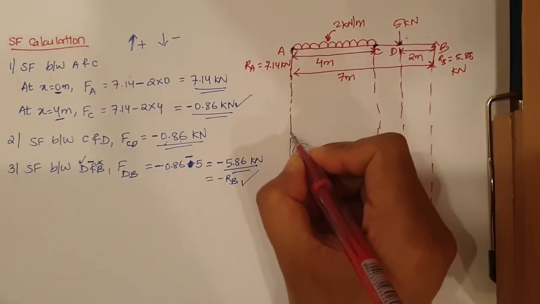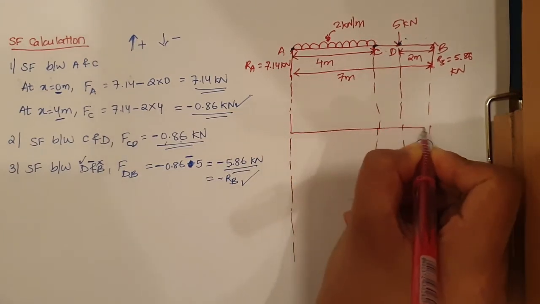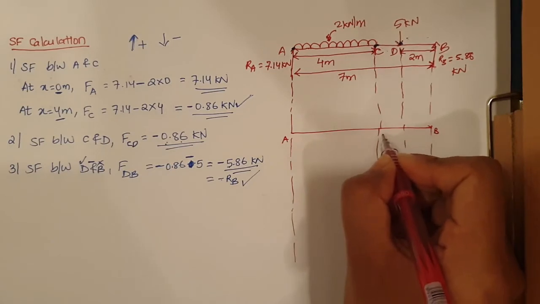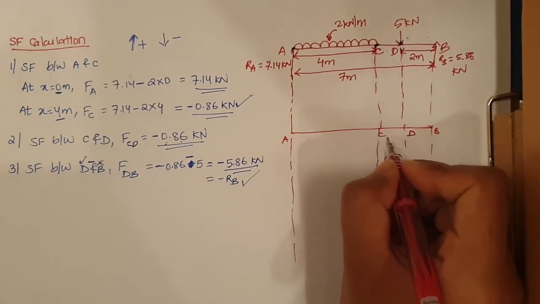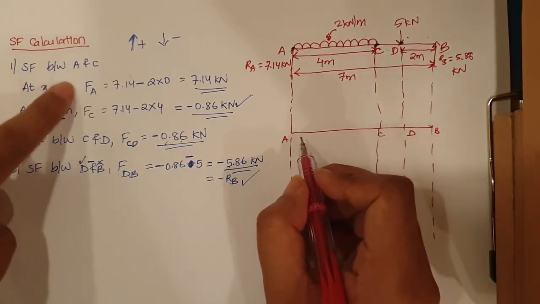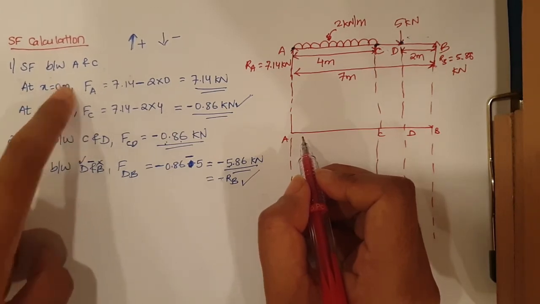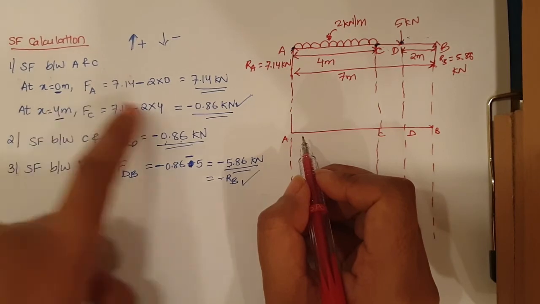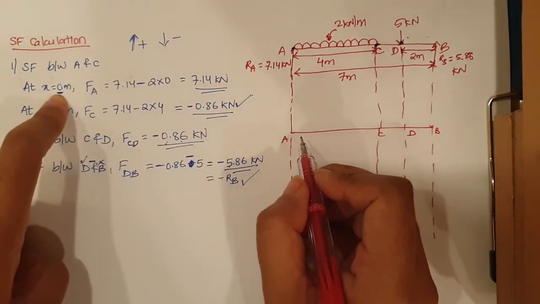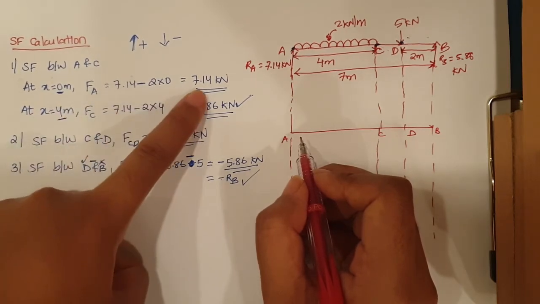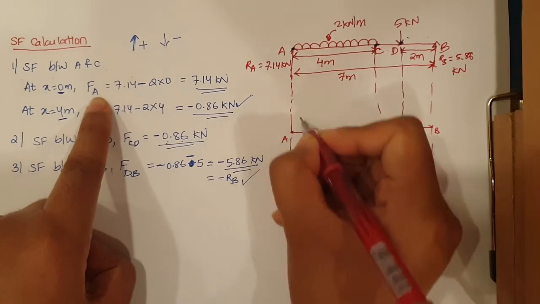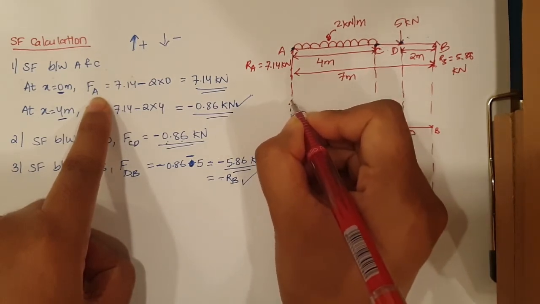Now the shear force diagram will be, this is A point, B point, C and D point, right? So at A point, when the UDL was initially running for a distance of 0 meter, the force was 7.14 at A. So at A force was 7.14,